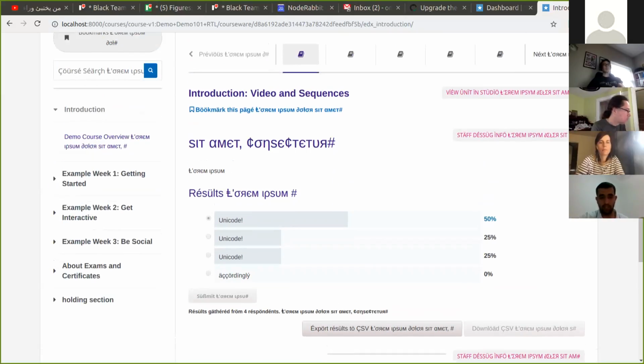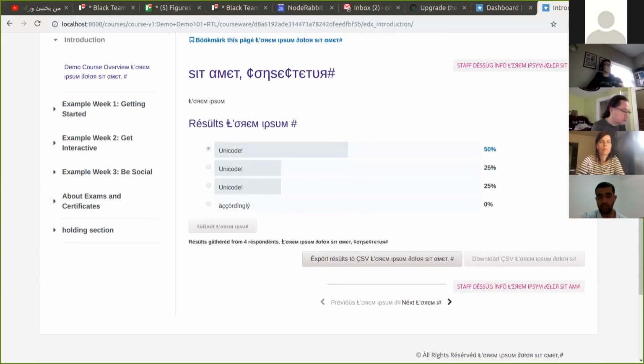So this is the poll block, if you've ever used it. As you can see, the worse it looks, the better. The moment you start seeing those weird characters, that means this piece is internationalized, and this is provided by the edX internationalization tool, which lets you do that instead of going to Transifex back and forth. So this button here for the exit block, they're all translated. Those are just input, so I didn't bother doing them. But this one clearly is gibberish, so that's a good thing.